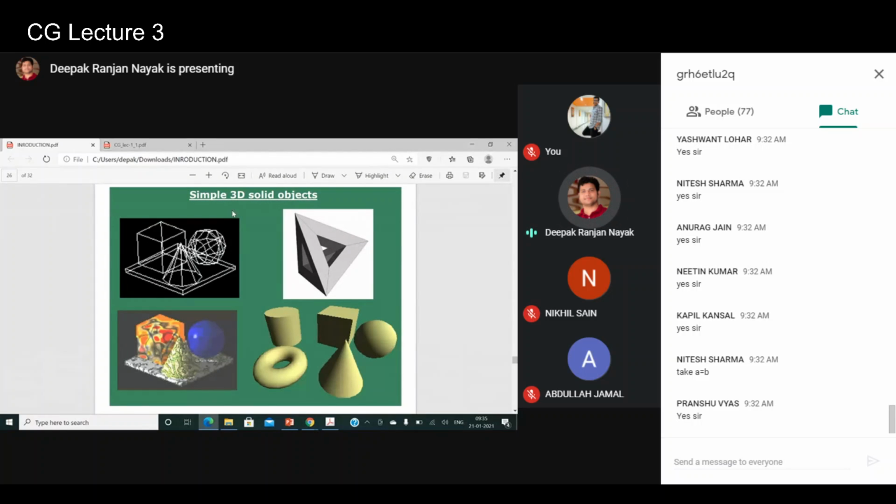If you look at the solid objects of different types, the first one is a 3D solid object, and we'll discuss later what 3D and 2D are. We'll also discuss, as I mentioned, a few transformations on 2D and 3D objects, like translation, rotation, scaling, reflection, shearing. How will you tilt the object? How will you make a mirror image of an object? Rotate, how will you rotate by a certain angle? Scaling, how will you change the size of this object? We'll see it in 2D as well as 3D, right?